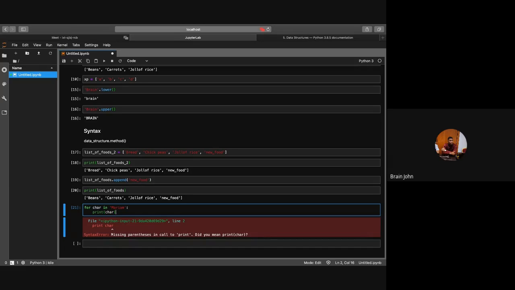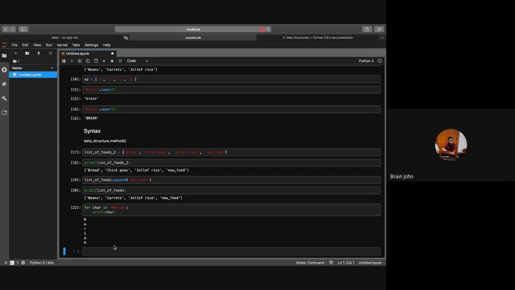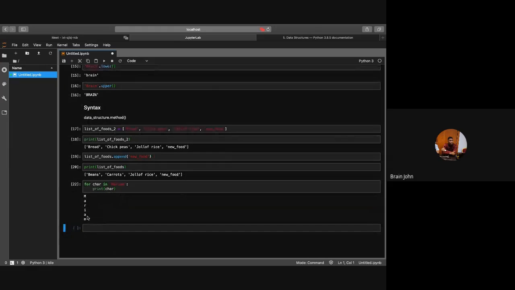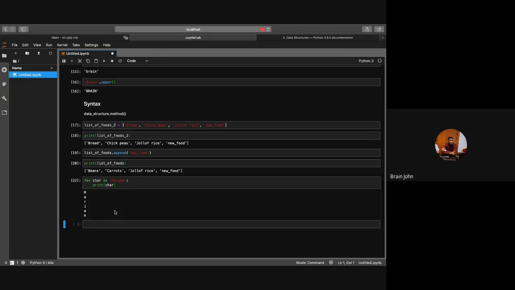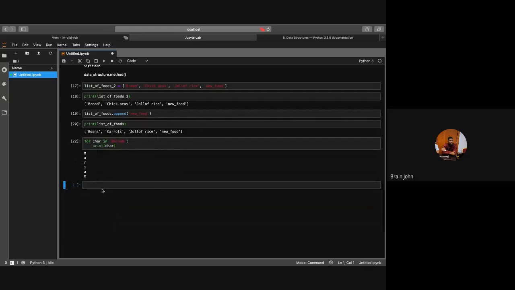So when you get errors, don't just say, I made mistakes. It's actually going to guide you to make your codes better. So if you run this, voila, see it printed each item from Miriam. So this simply shows that Miriam is iterable because we can go through each individual element. So if you want to use extend,